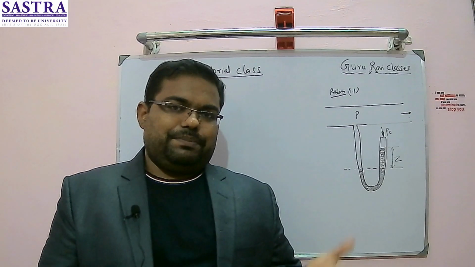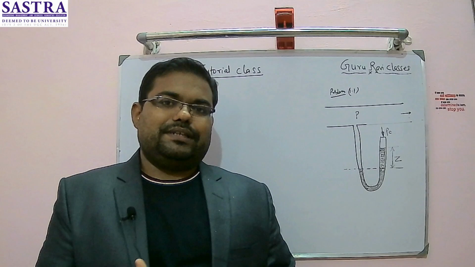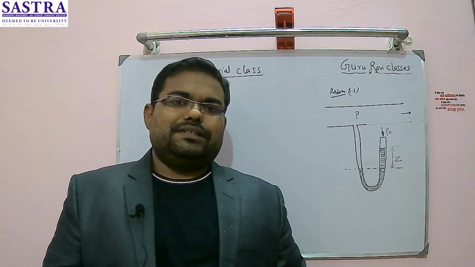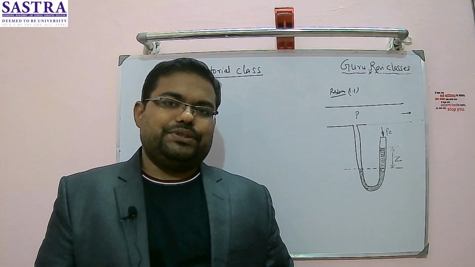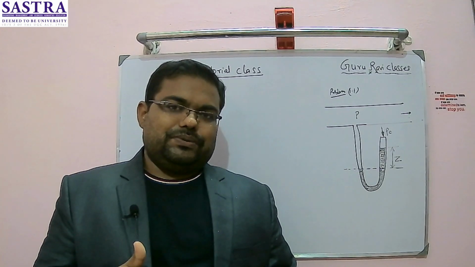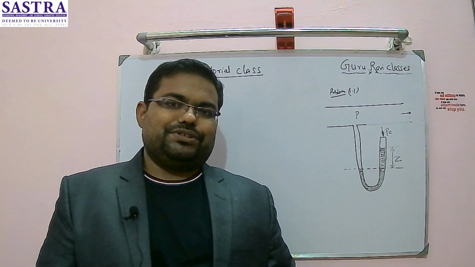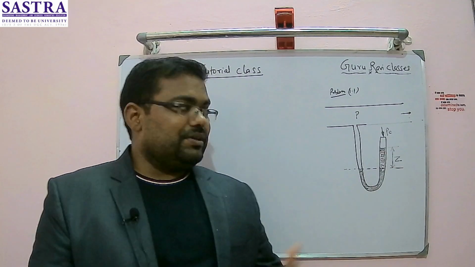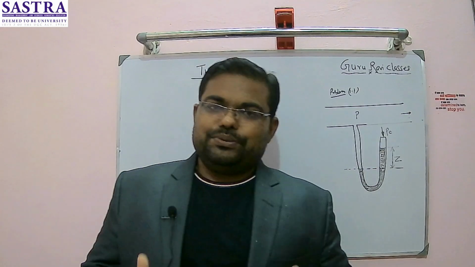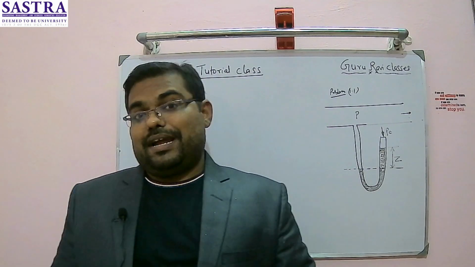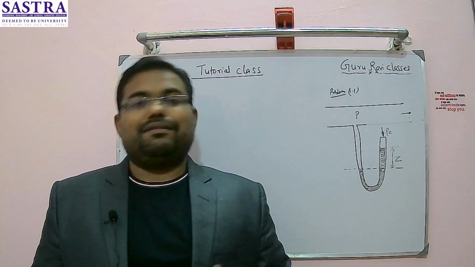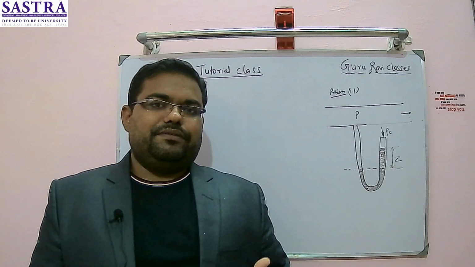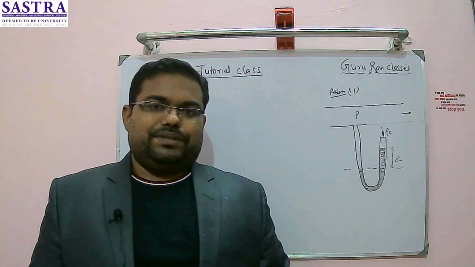If my pressure is below the atmospheric pressure, that will be considered vacuum pressure. If I want to convert the vacuum pressure into absolute pressure, I need to subtract it from atmospheric pressure. If I want to convert the gauge pressure into absolute pressure, I need to add the atmospheric pressure, because gauge pressure is above atmospheric pressure. When measuring gauge pressure, our reference is the atmospheric pressure.